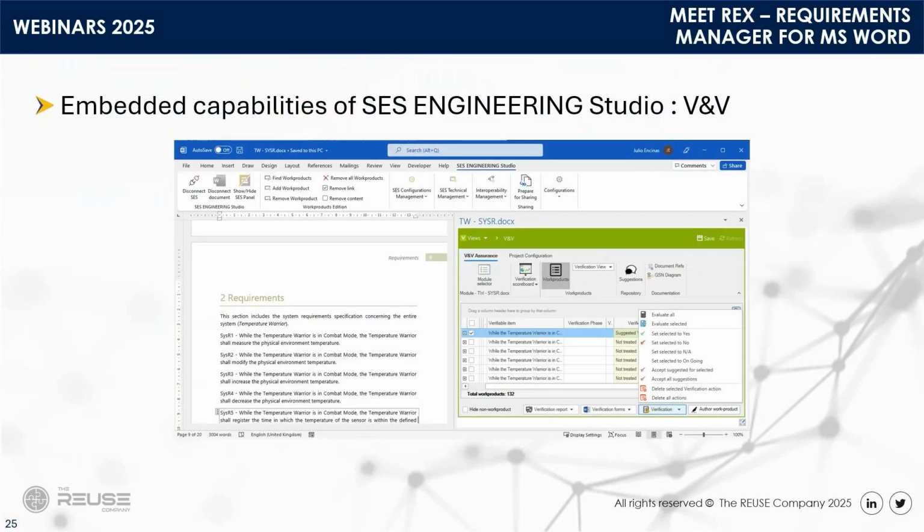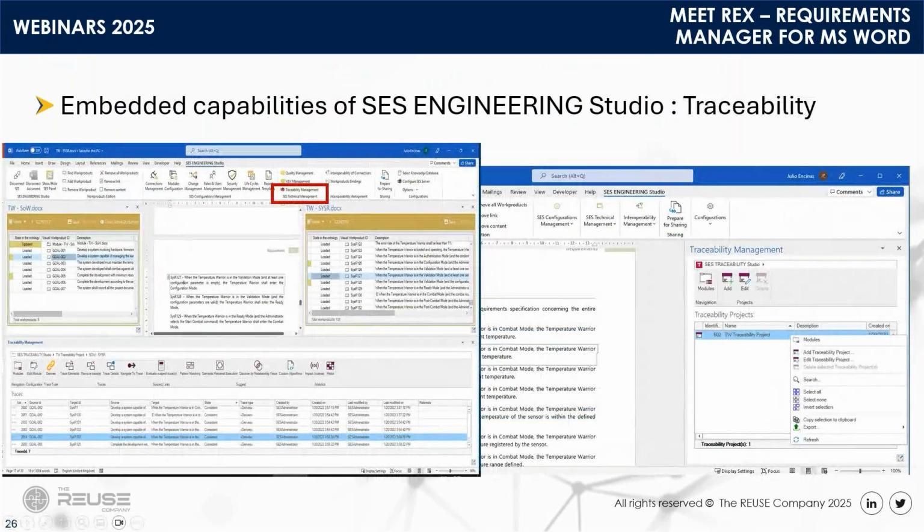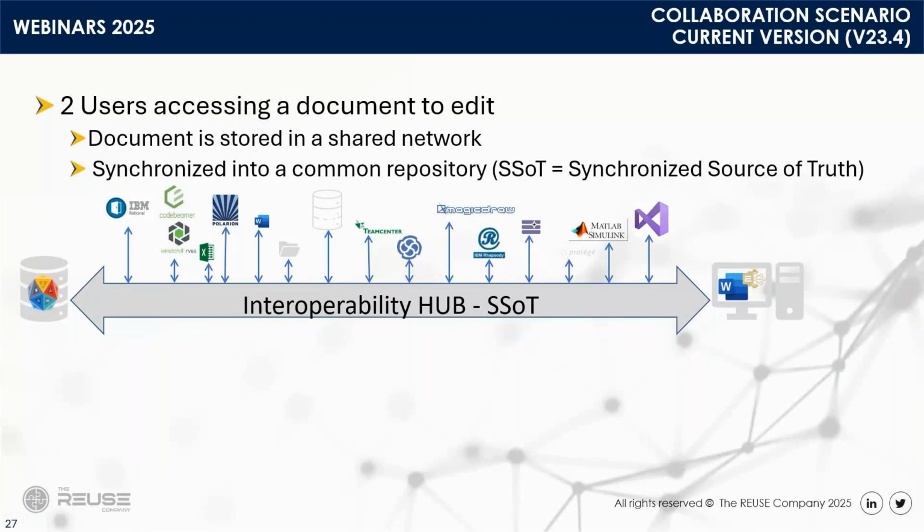You can monitor V&V activities inside the tool and check the overall progress based on your individual objects, and also produce matrices for verification and validation. Traceability, I will show a bit of it in the demo a bit later. And if you look at collaboration in the tool,